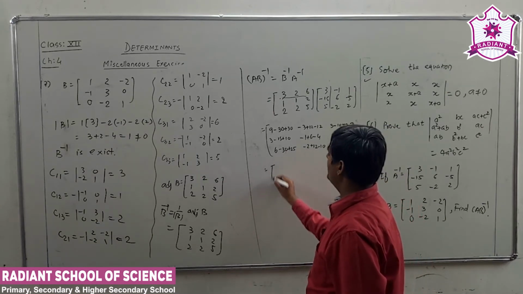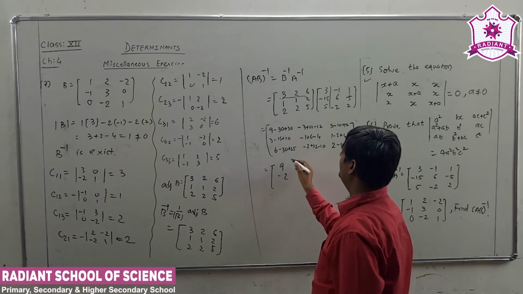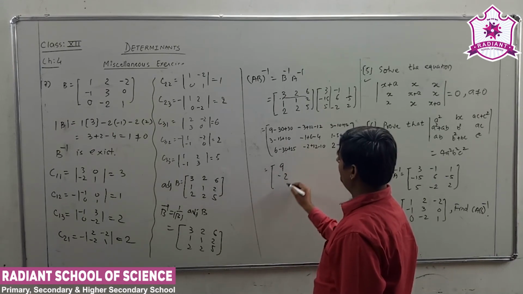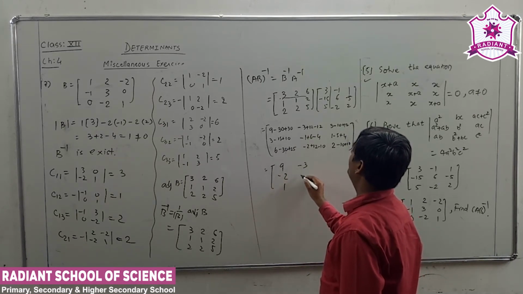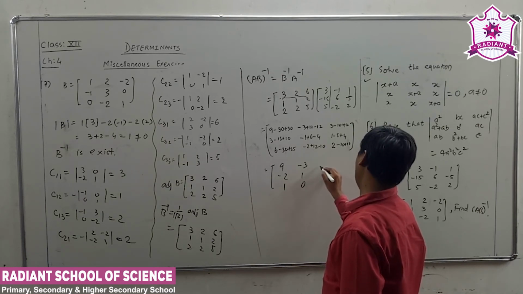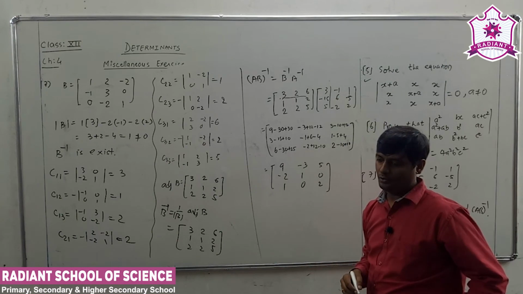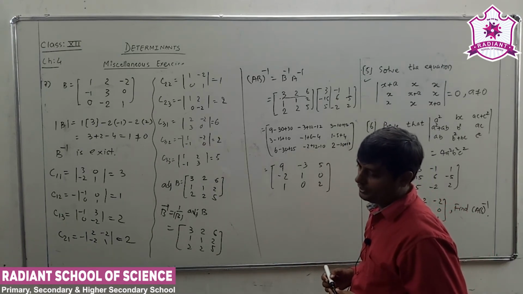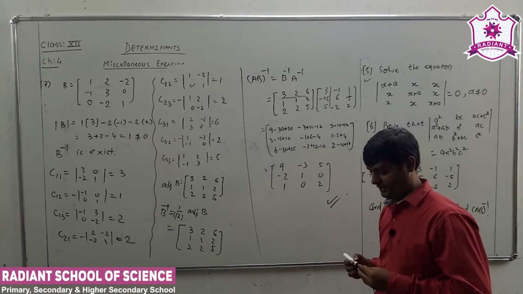So you got this answer, that means 9. Here the 13, so minus 2. Here 25 and 31, so 1. Then after 12 got minus 3. 4, so plus 1. Here the plus 10, 0. Again the 12 and 10, 2, so 5. Here again 0. That means 2 and 12. So 10 got 2, I think. So that is AB inverse. That means you got the answer, and check this answer. So this finishes the question, right?